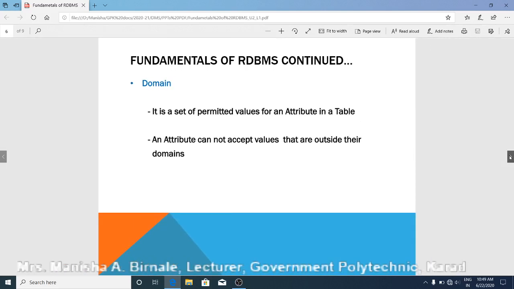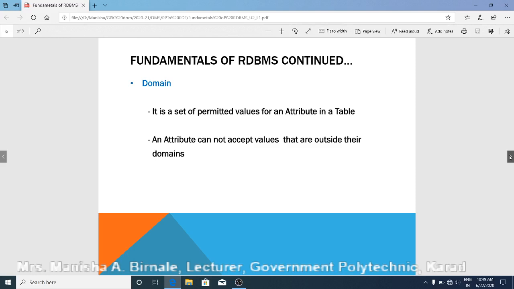Then there is one more term related to RDBMS and that is a domain. So what is a domain? It is a set of permitted values for an attribute in a table, meaning which values can be taken by that attribute. For example, the attribute is roll number. So which values can be taken by the attribute roll number?